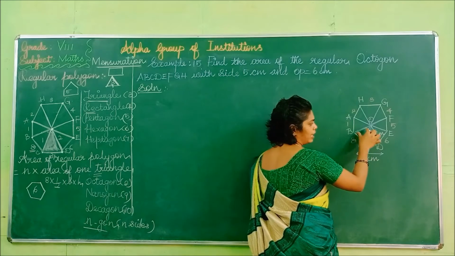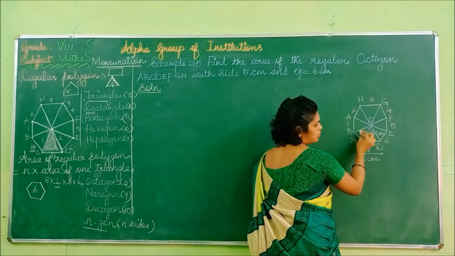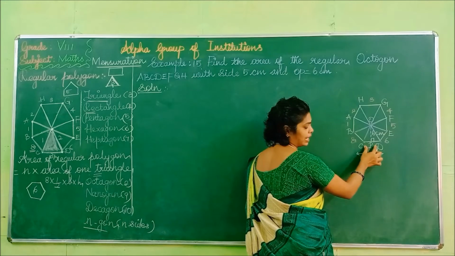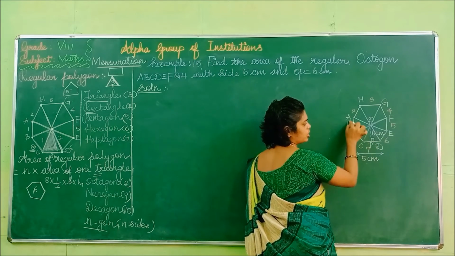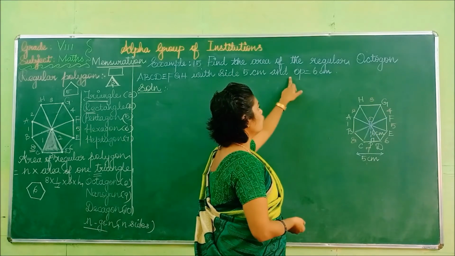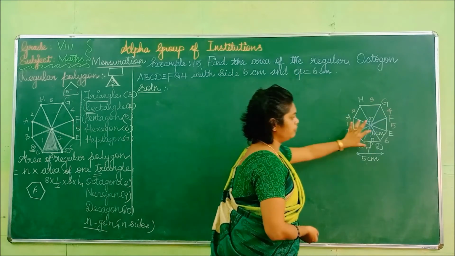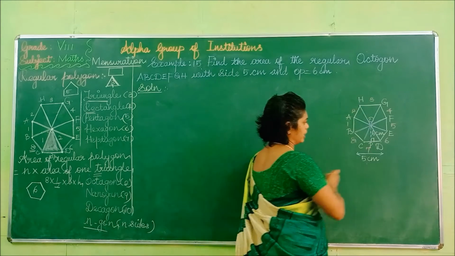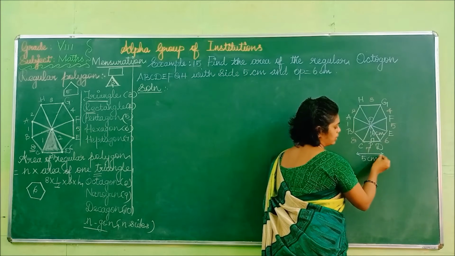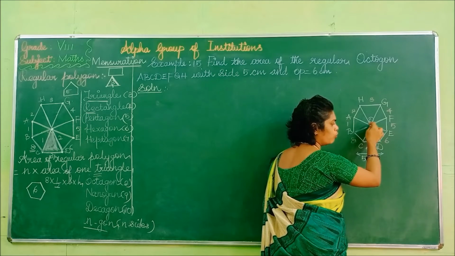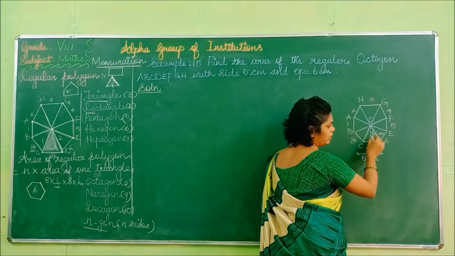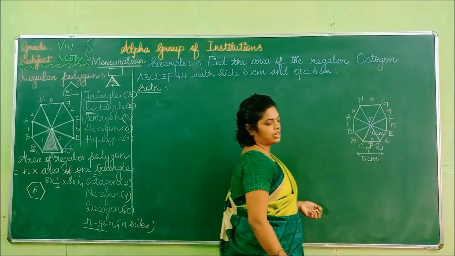So you can take any one of the portions. So I am taking this portion. The base will be taken as 5 cm. That means the side will be taken as 5 cm. Each and every side will be 5 cm. You can take anywhere of the figure. And from the center point O to the side, that is 6 cm. I am taking this section. So the side is 5 cm and from O to that portion, I am taking that point as P, which measures 6 cm.